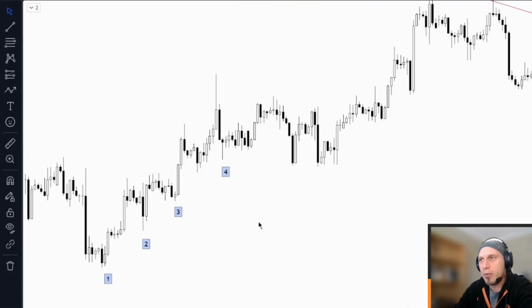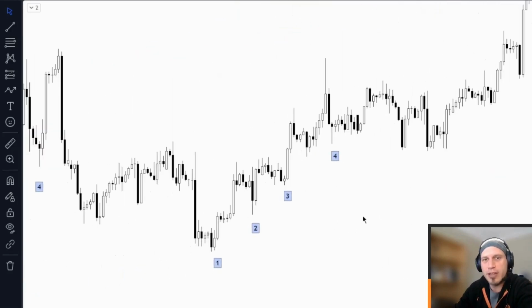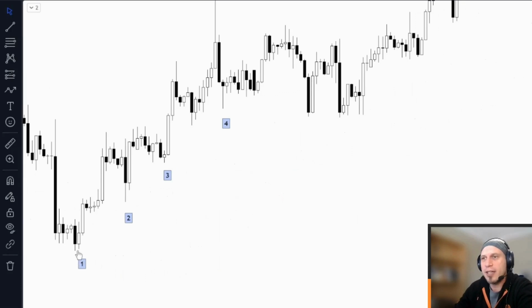I'm going to go backwards in time now. I have another one over there. Can you see these 4 touches? So what do we do? We go to our trend line tool in TradingView and we connect these 4 price points, just like that. Because this is an upwards trend line and it's acting as support, meaning price is coming down,